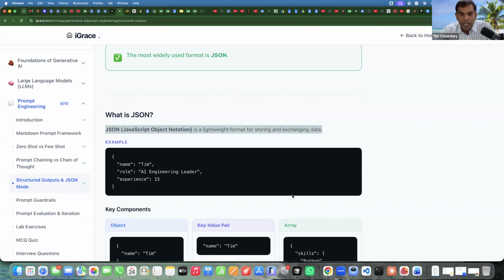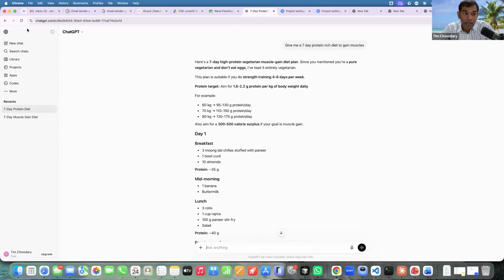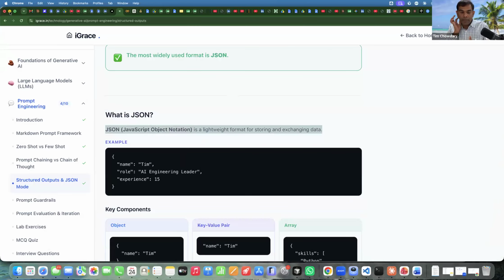I'll tell you why. See, we normally use APIs, we code basically, right? We rarely write prompts to get some output like this. If you have to use it as an API and consume the output of one prompt in another task, then you need a programming language to read the output, whether it is Spark or any other driver. You always prefer to consume the output either in CSV or in JSON format. Hence, how to structure the output for a prompt is very, very important.